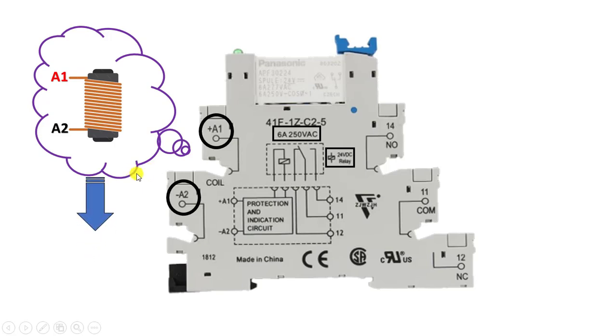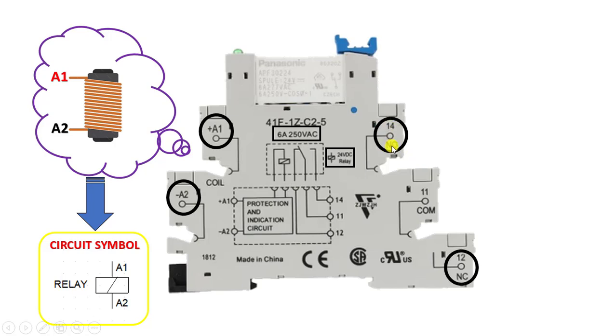The representation in circuit diagrams of the coil in a circuit symbol is as follows. Friends, you see, the A1 and A2 pins are placed in the circuit symbol like this. We have a symbol to connect our load later on. Friends, we have one open and one closed contact here. When we give power to our relay, our open contact is closed and the closed contact is open. The working principle works like this.